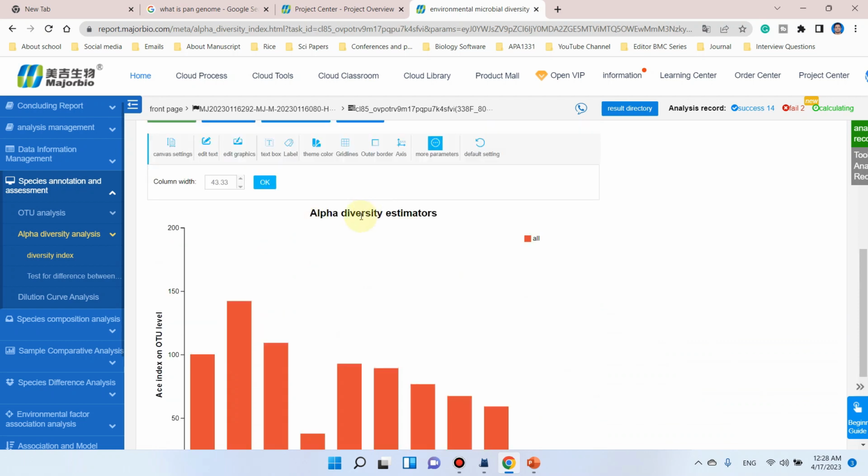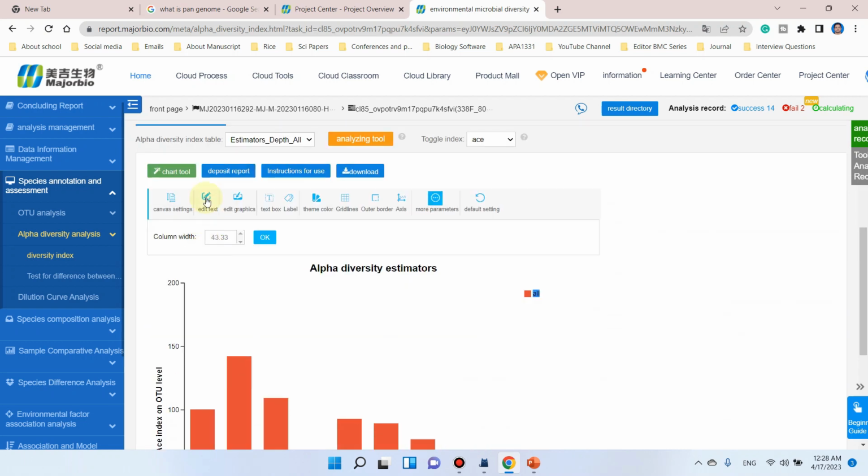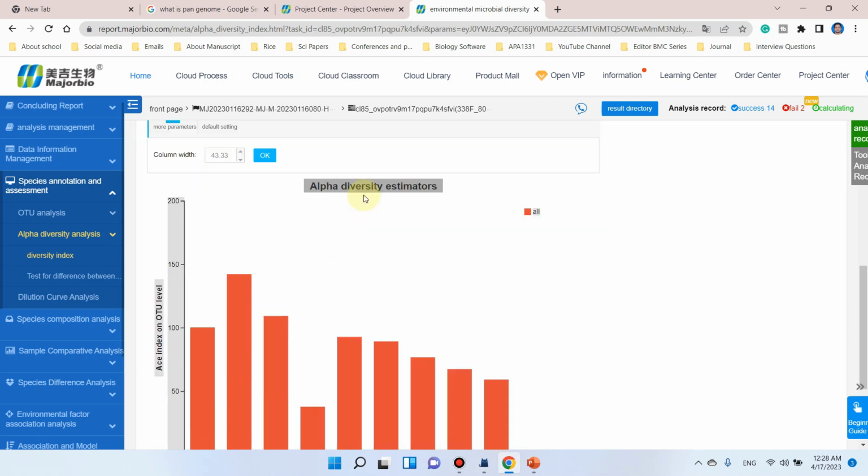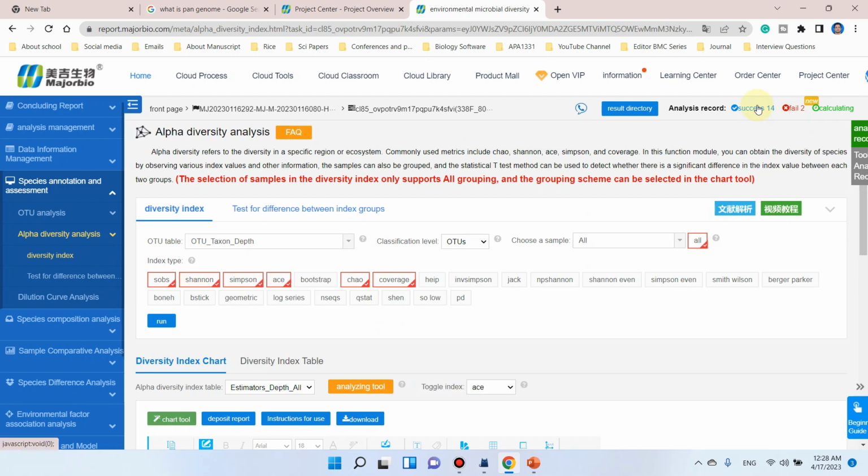Similarly, if you think this title needs to change, you can simply double click on this and change it according to your own needs. You can first click on this edit text, and similarly double click on this and change this text according to your need. So we will move next